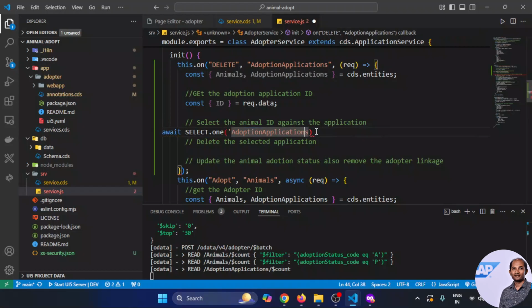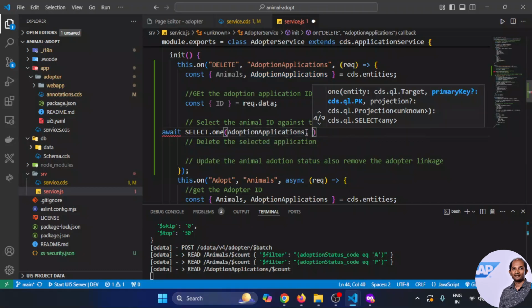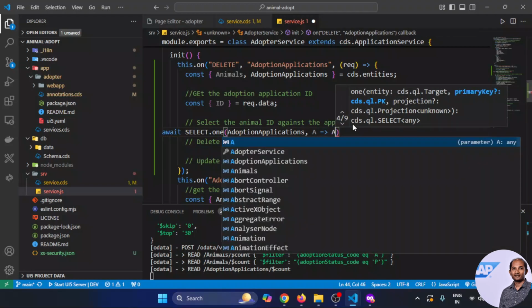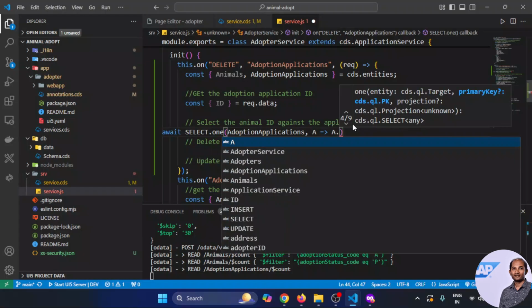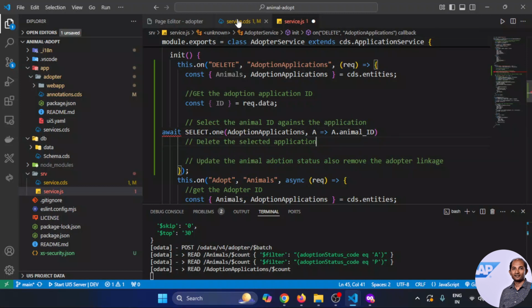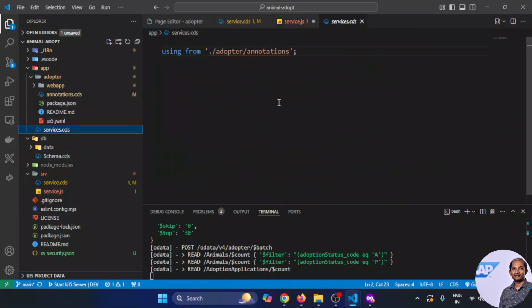You can write this way. And now let's create a handler for that. Let's say it's A for adoption application, and what we want to access is the animal ID. So animal underscore ID. Now we can go to the schema quickly, and not this one, but DB schema, and